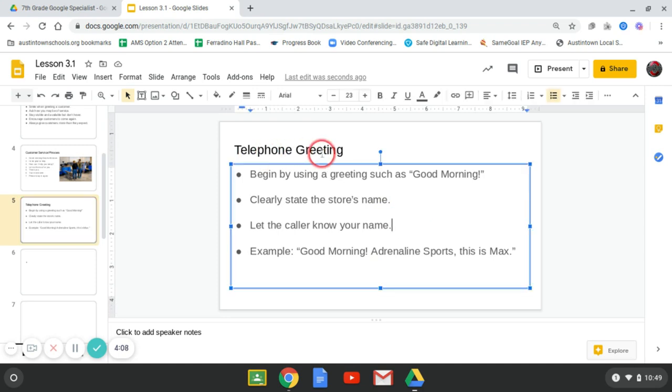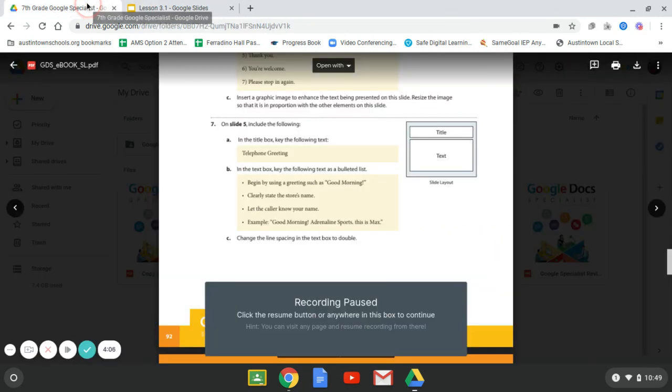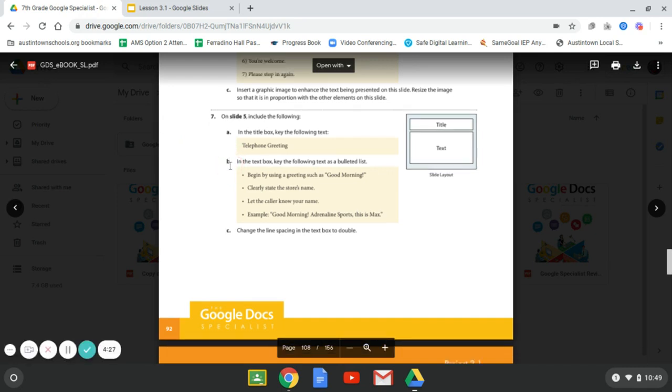All right, so I got my telephone greetings. I typed this all out. I made sure they were double spaced. If I hit enter, it'll move it down, and you can see that it was double spaced. Other than that, you can change the font size a little bit to make it easier to see, but that's up to you. All right, slide number